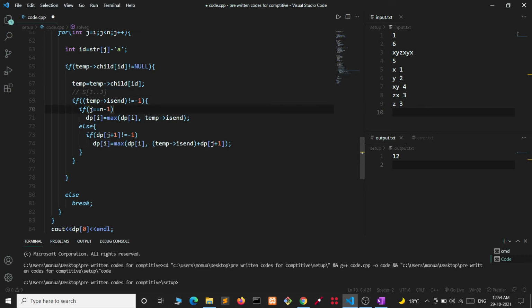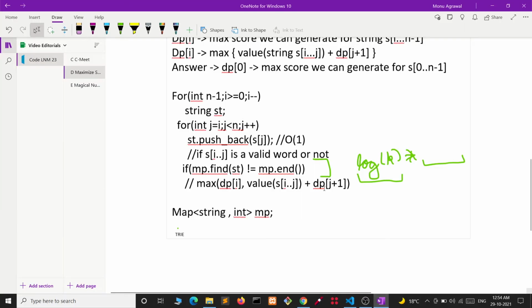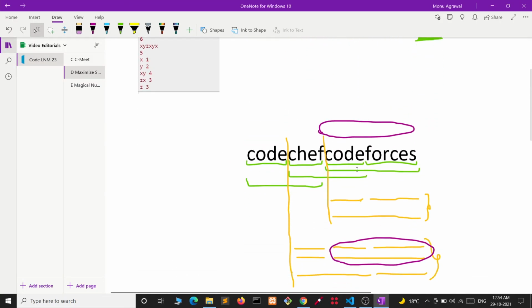So if j equals n minus 1, it means we have reached the end. So we will only add temp's isEnd, like if we are checking for forces, then j will reach here, and so we only need to add the value of forces.